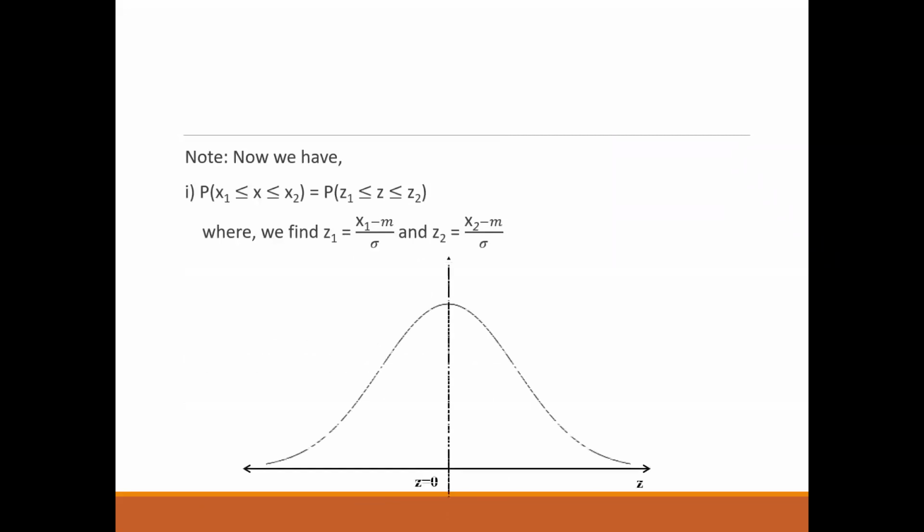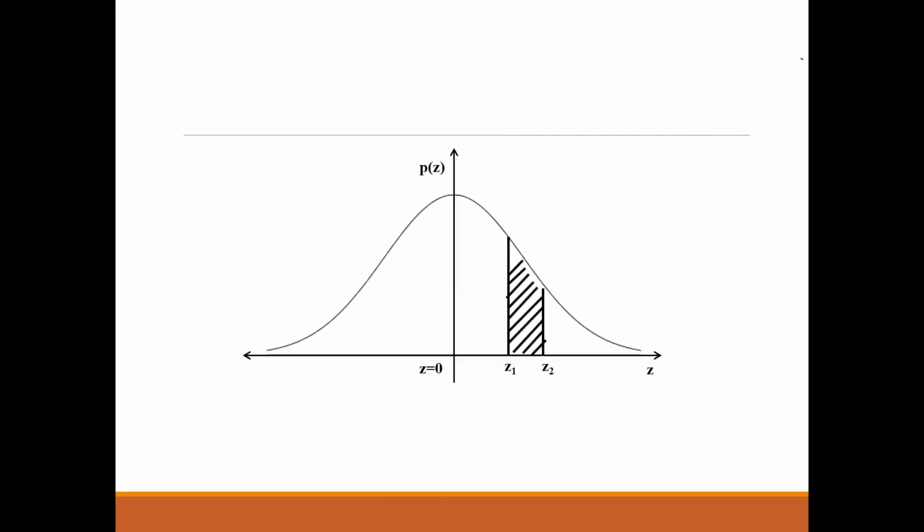These were some notes which I told you to note down. Your Z1 and Z2 look like this. Suppose I want to find the probability of a point lying between Z1 and Z2; this is my total area under the curve. I can refer to the formula and also the normal distribution table. I'll show you the table. I want you all to take a screenshot of that because you need to refer to that table to find the different probabilities for different values of z and then use it in your problems.